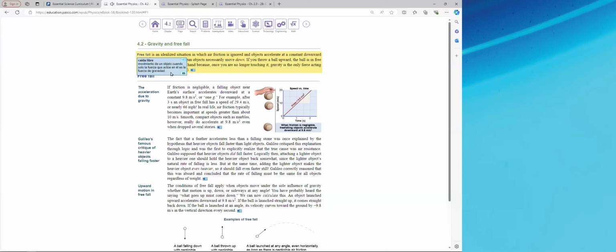Caída libre. Movimiento de un objeto cuando